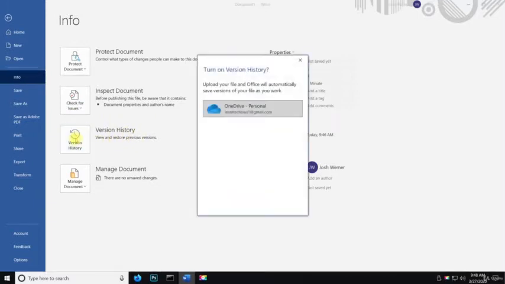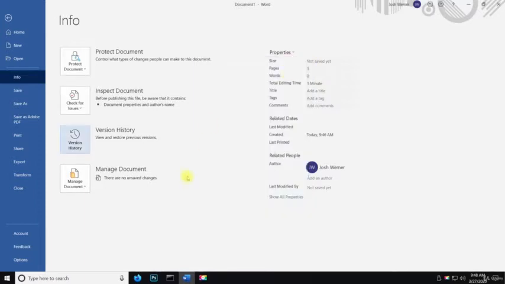So if I click on version history, upload your file and Office will automatically save versions of your files as you work. Okay. So right now we don't have this turned on, but I'll tell you from experience utilizing this program for 2 years as an IT guy. I was the IT director actually, and I was servicing about 80 employees with Microsoft Word, Excel, PowerPoint, Outlook, etc. Version history is crucial because